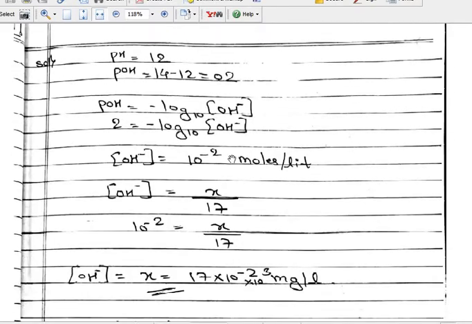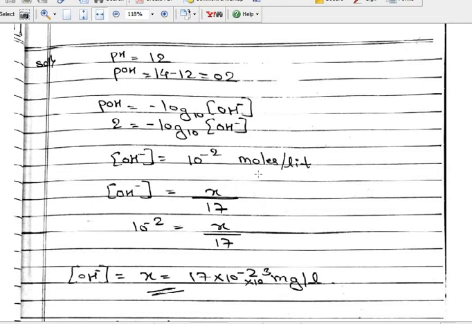So let us see the solution here. pH 12 is given. So pOH is 14 minus 12. We know that pH plus pOH is equal to 14. So pOH is 14 minus 12, it is 2. From this, pOH is equal to negative logarithm of OH- ion concentration to the base 10. So this is 2 and the right hand side is this. From this we have got that OH- ion concentration is 10 to the power minus 2 moles per